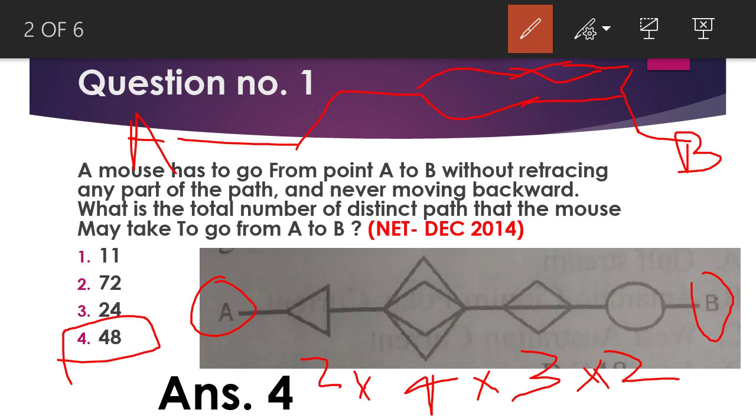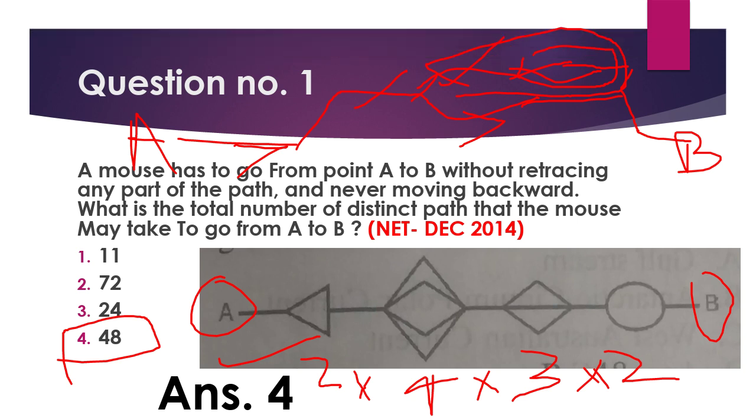B point. Now here we have started from point A, and in the top situation we have two ways, but these two ways are depending on this way. If we take this way, then we will not consider any of these two ways. So in such a condition, we will not use this formula. For a condition where some ways are dependent on other ways, this is not done. So here in this question, option number 4 is your right answer.